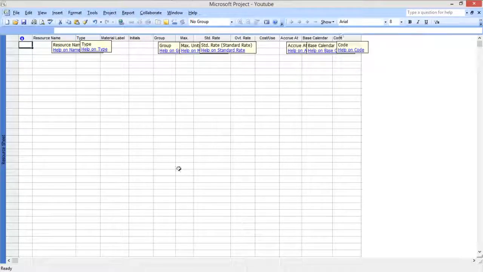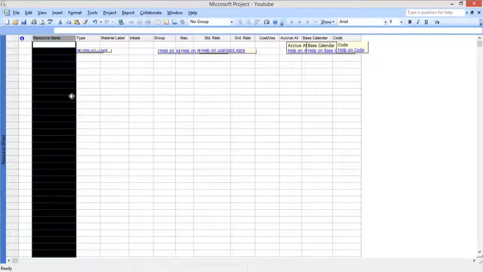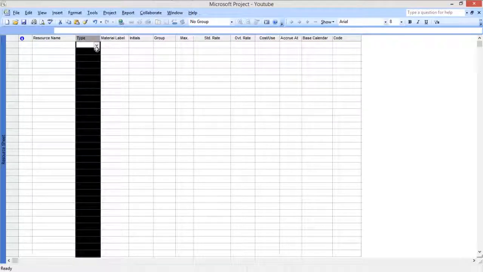In this sheet, first let me show you and describe the labels of these different columns. So what are these different columns? The first one is Resource Name. You can write the resource name in this column. In the second column, you can define the type, right? There are three types. One is Work, in which you can define the nature of the work,